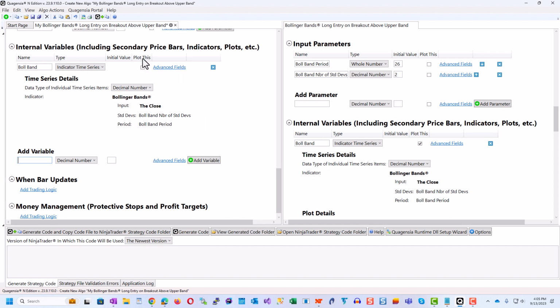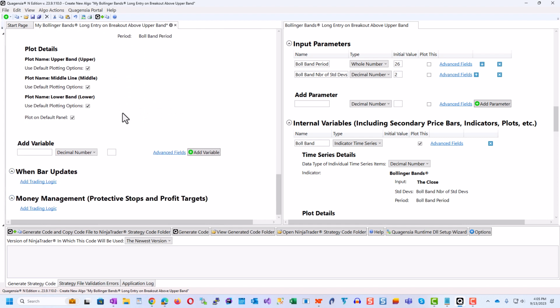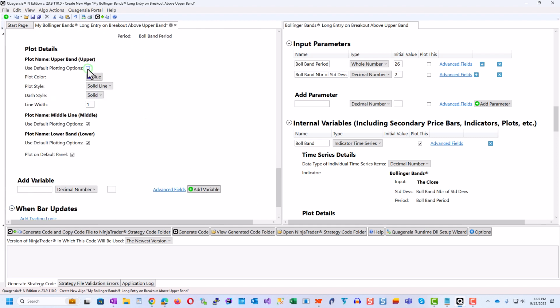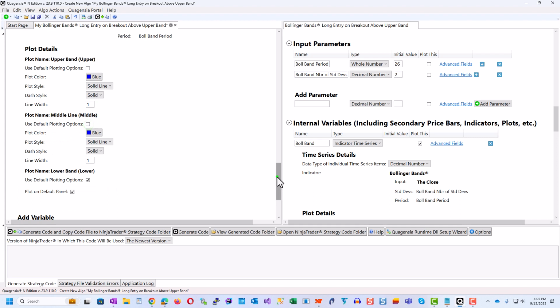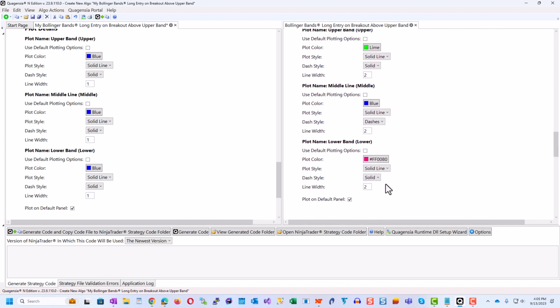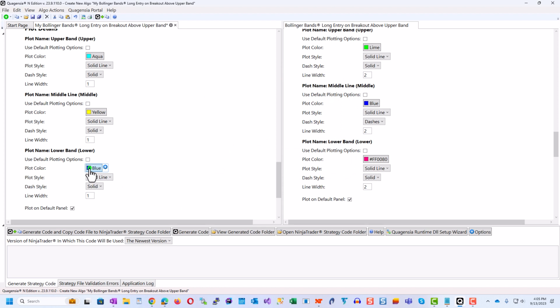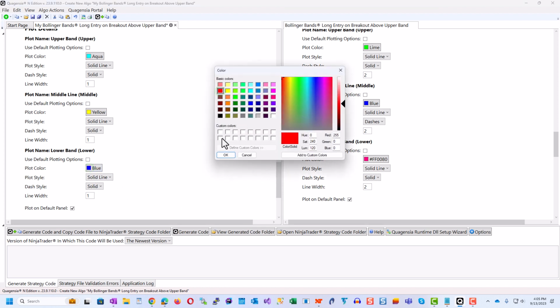So click on the Plot This checkbox. And rather than using the default plotting options, let's choose a different color for each. So instead of using green, blue, and hot pink, like the built-in one, let's make it something different. Let's say aqua and yellow and red.